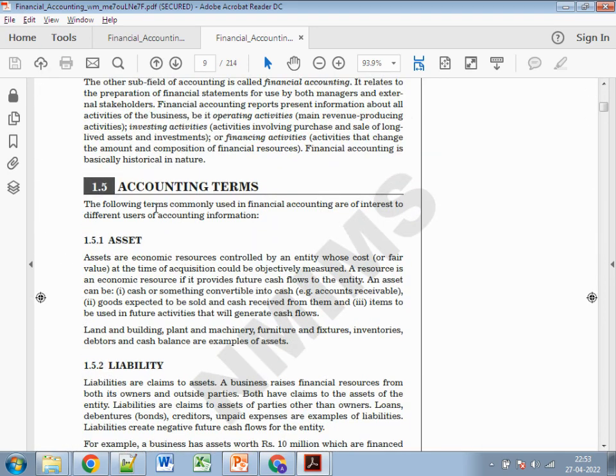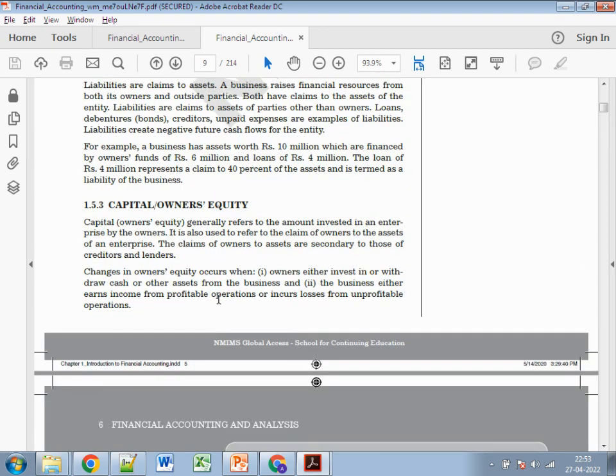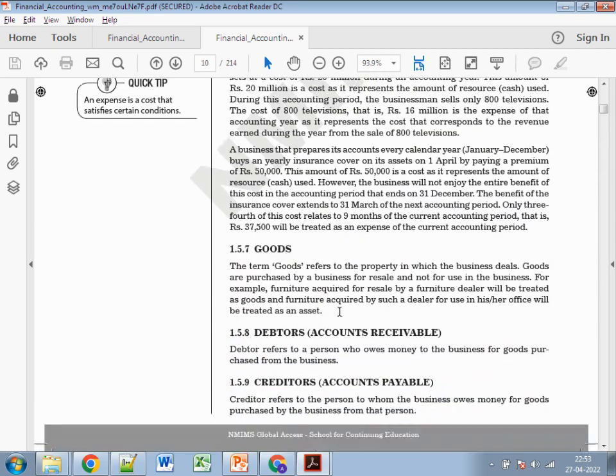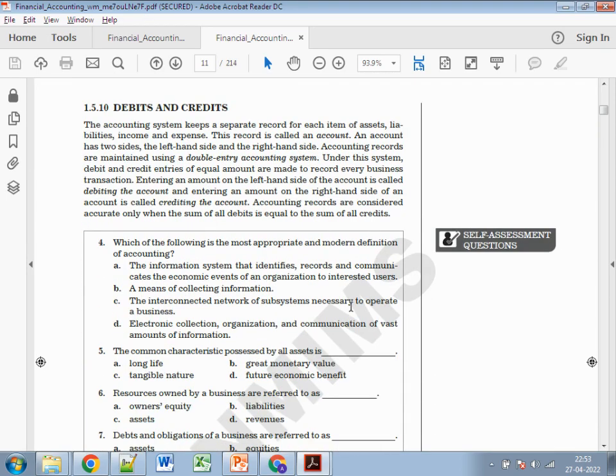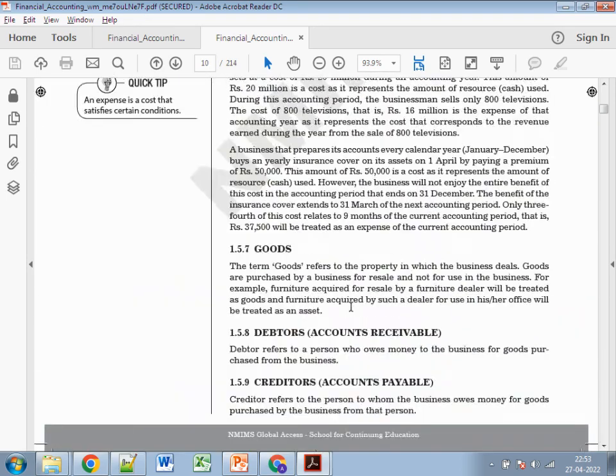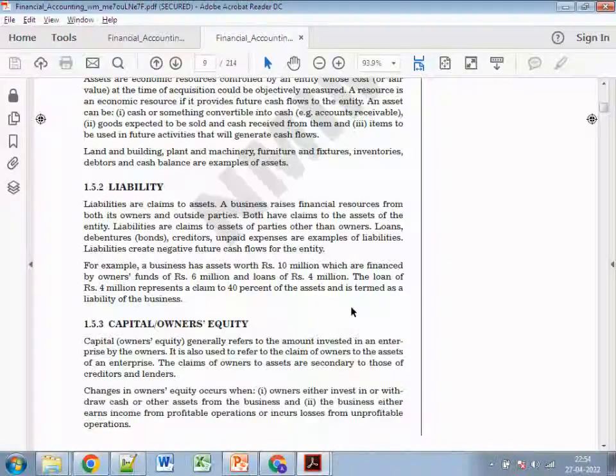So if you see 1.5 accounting terms, you can choose any of them: asset, liability, owners' equity, revenue, cost, expenses, goods, debtors, creditors, debits and credits. So all these terms. One important thing. This is a very easy question, but again, you can score more marks if you give an example for each